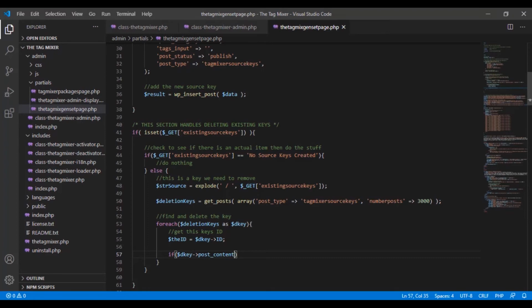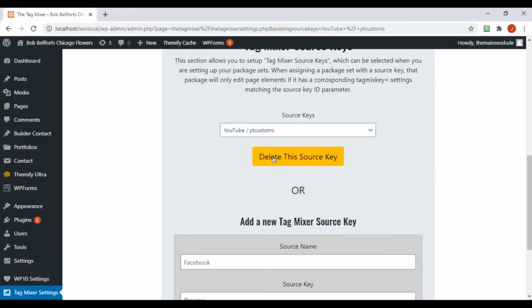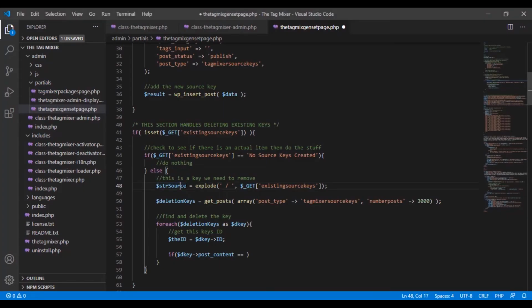So we need to say if this current post that we're cycling through, its content, is equal, two equals. Remember, if you do one equal, it tries to make it equal to it. If it equals, and remember, we just split, we exploded the GET variable into two. So we have the current one that the user selected and hit delete. We have it up here because we just used an explode function to split it. So we have it right here in str source, and we open it like an array with square brackets, and we put 1,